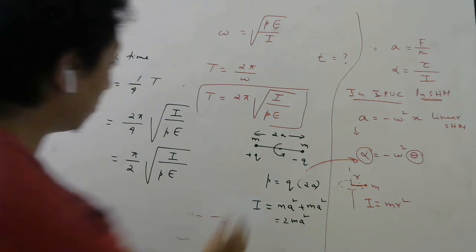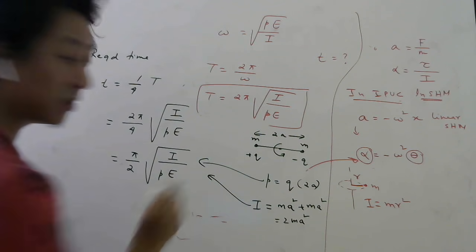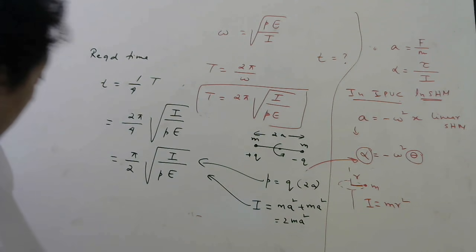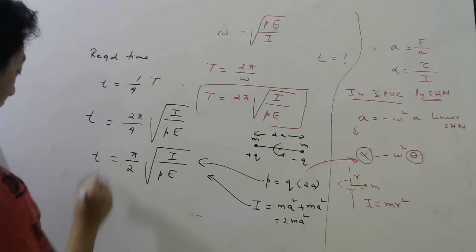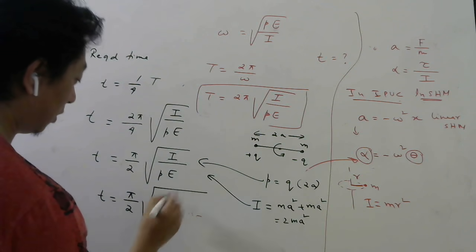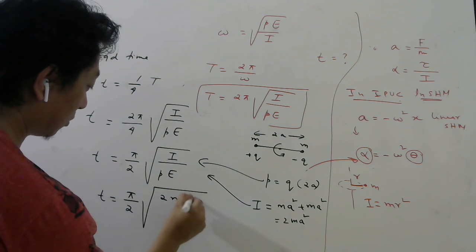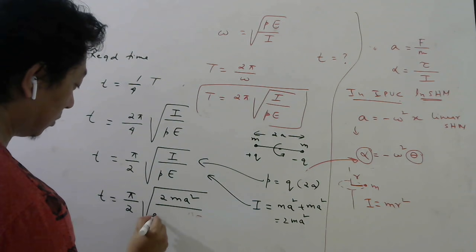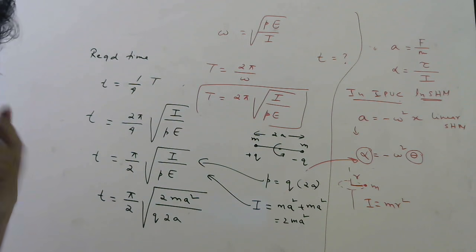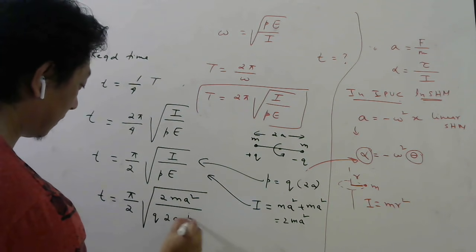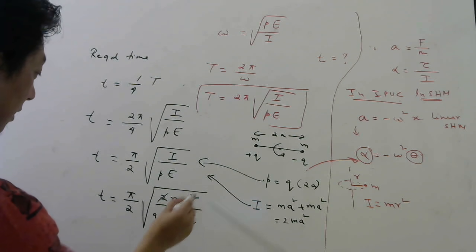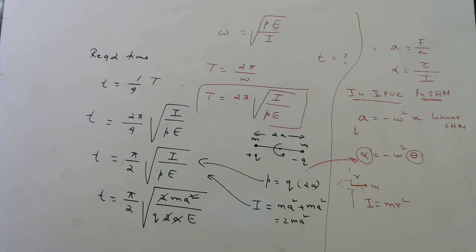So once I found both of them, substitute here, because the answer is given in terms of charge and mass. So the time taken which they want will be pi by 2 root of moment of inertia, which is 2ma square, divided by p, which is q into 2a, into E. Okay, so 2 will cancel, one a will cancel. So let us see which one matches with the right answer.